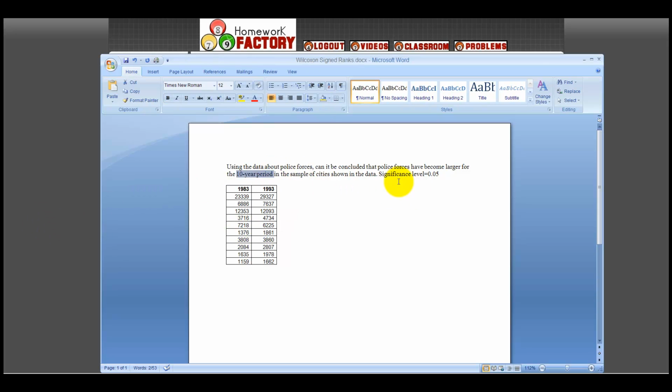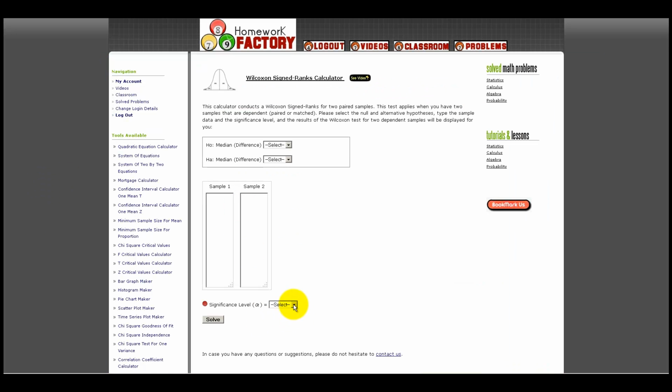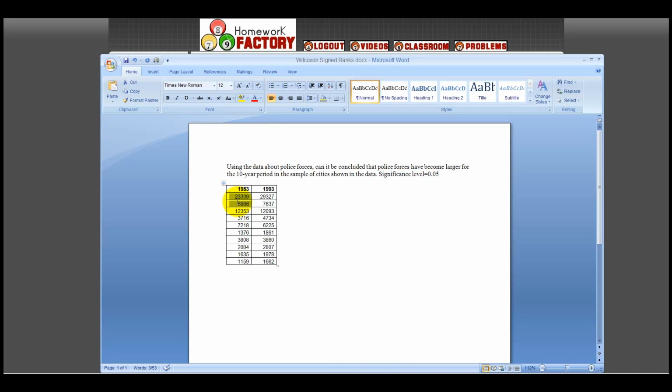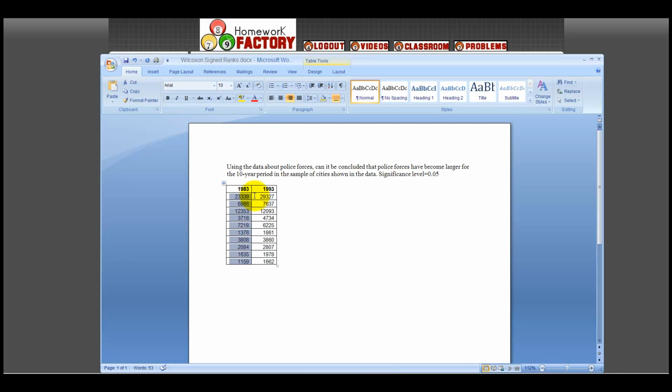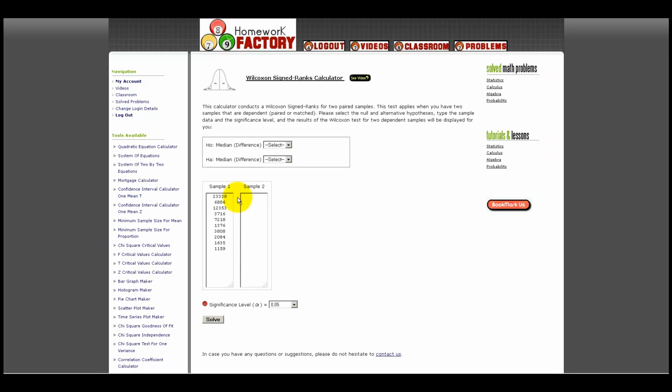So first of all, we know the significance level is given here, 0.05. Then we just have to get the sample data, sample 1, copy and paste, sample 2, copy and paste,